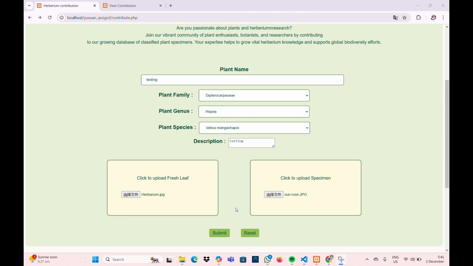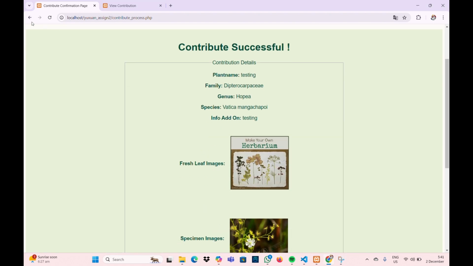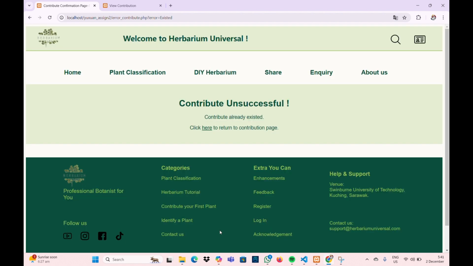I am Yushen and I'm in charge of the contribute function. So in the contribution page, users must log in before they submit the information. After the user submits successfully, there will be a confirmation page that shows the details. If the user submits the same information,